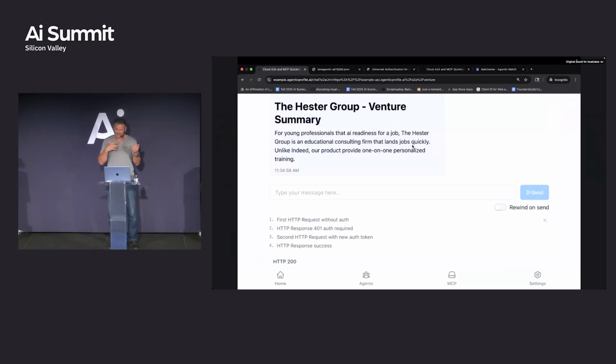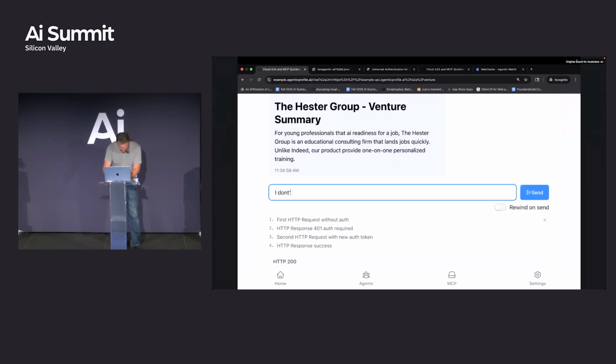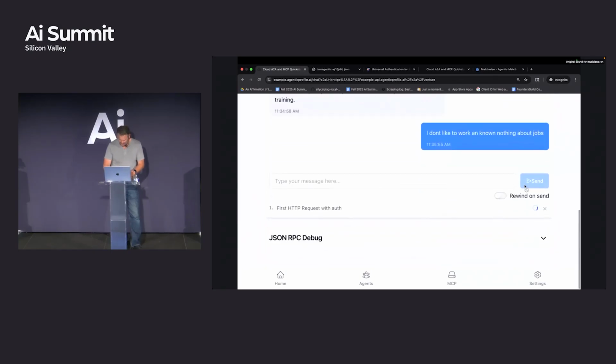It's fun for the context stuff, because in the chat you establish context. Normally on the Matchwise stuff, we put the full or reasonable context for one person, reasonable context for the second person, and then we drive the chat from there, and it tries to come to some resolution. So let's do this for the fun of it. Let's say, I don't like to work. We're doing a very short version, nothing about AI. How about jobs? We're testing our agent to see how it would respond to somebody trying to come to a conclusion with it.